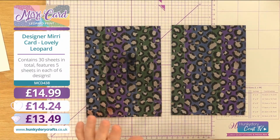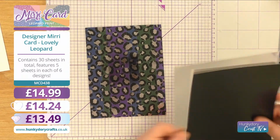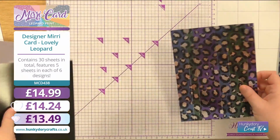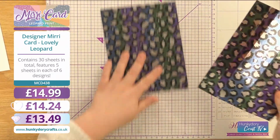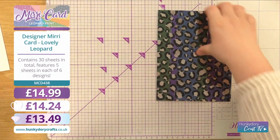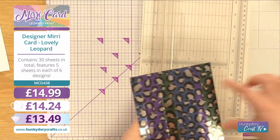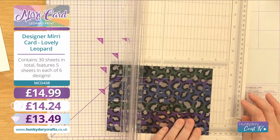So one we are going to keep as is, and just mat and layer on some black and silver. I'm not going to do that yet because I've got something else to do before I skip ahead. The second one we are going to cut down, and we're going to keep it the full length across. We are going to cut this down, I think,